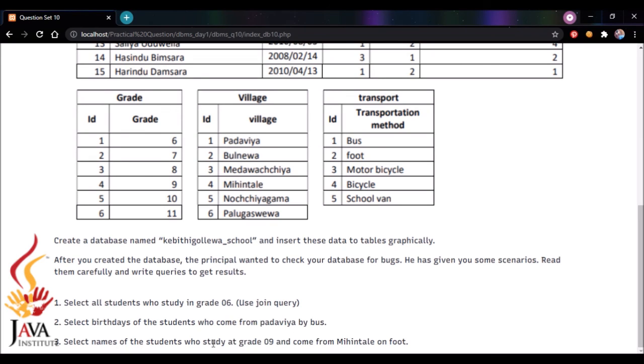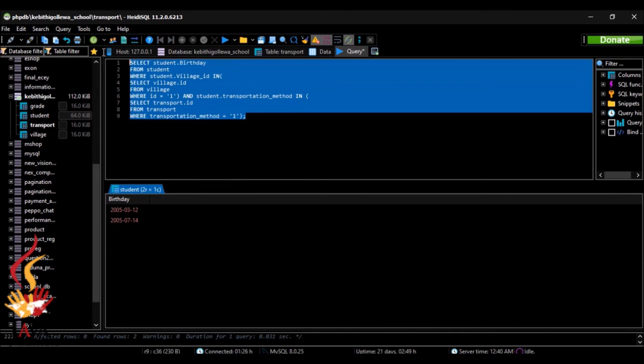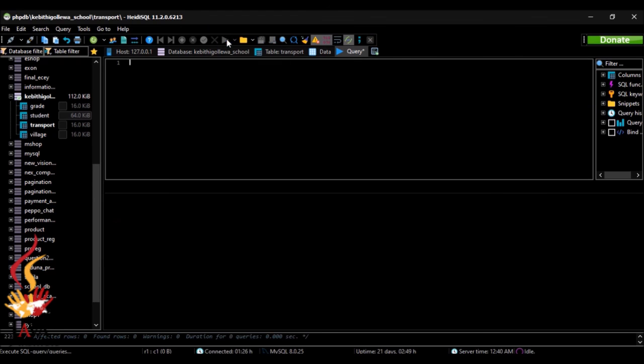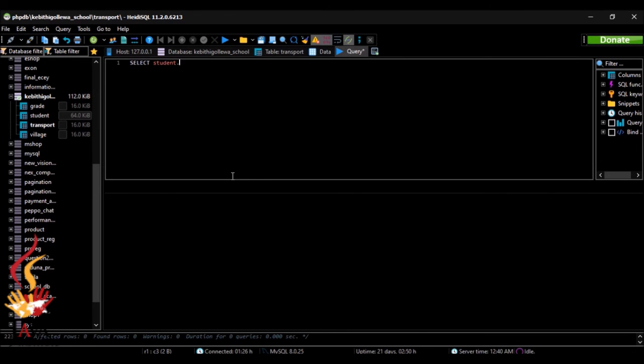Select the names of the students who study at grade 9 and come from Mihintale on foot. So that means we should select the names of the students who study in grade 9 and come from Mihintale by foot. Now let's write the query. Select, I will give the table name student. They are saying select the names of the students, so that means we should select the student name,